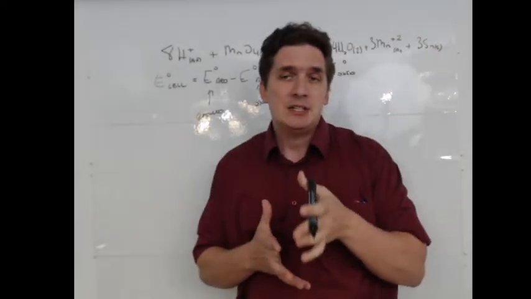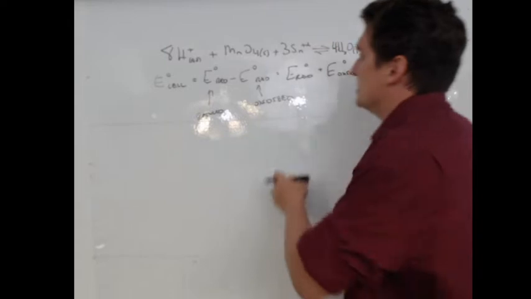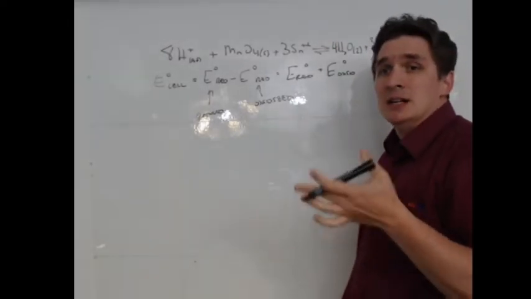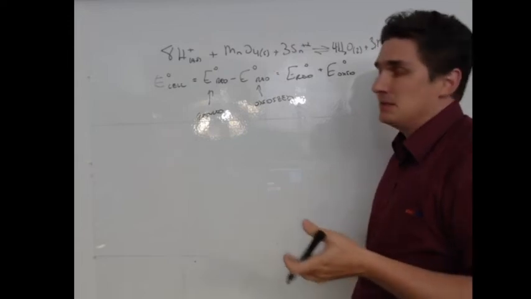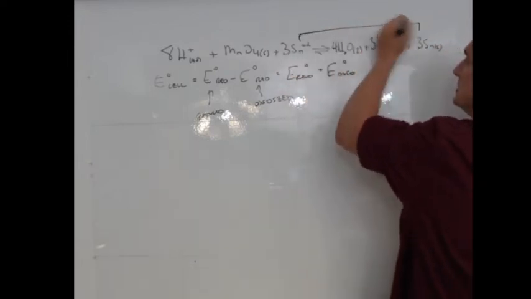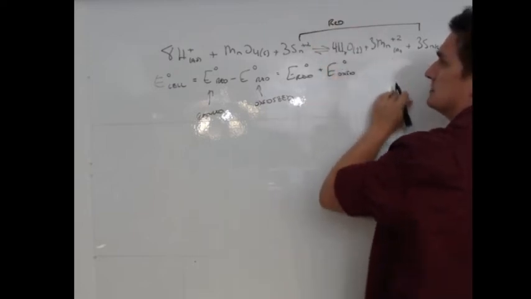So in this reaction, you need to be able to identify what's being reduced and what's being oxidized. The easiest thing with any redox reaction is to look for something that's an ion by itself. So we have Ni here going from +2 to 0. So this is the reduction reaction. If you looked at manganese,